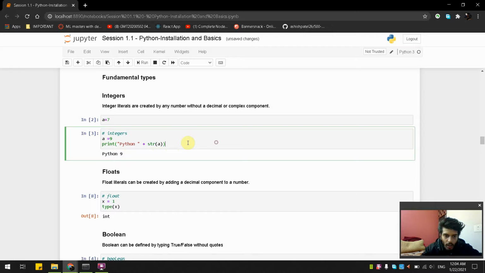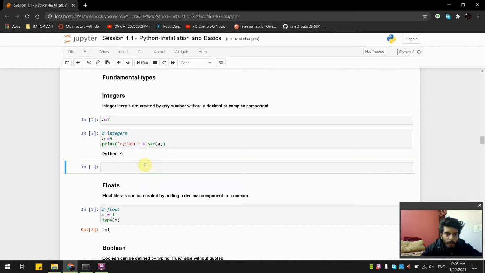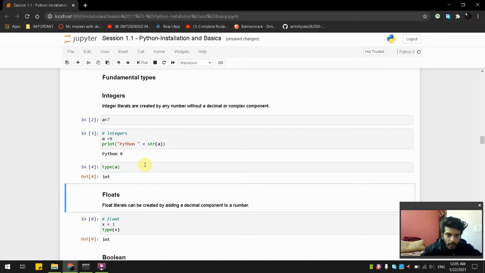But now, wait a second, let me insert a cell below. If we want to know the type of a variable, we can just type type of a, which shows me int.